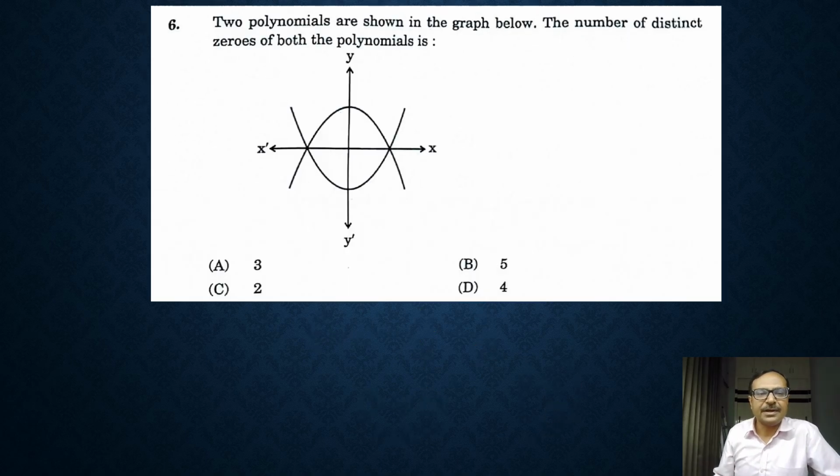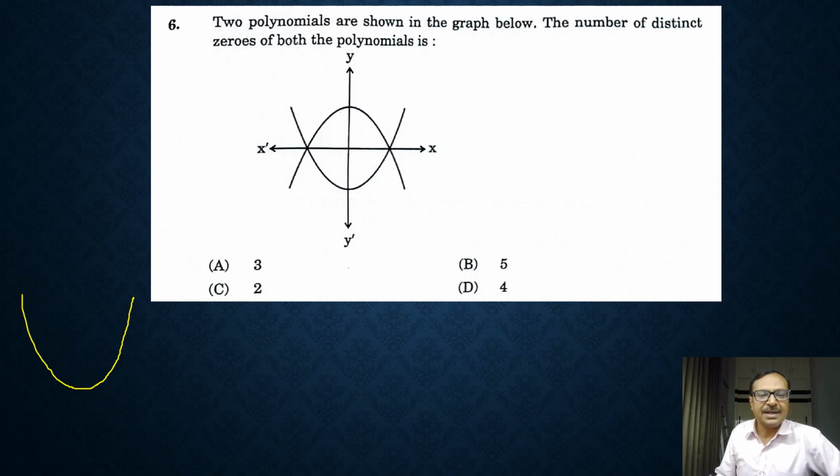Question number 6, a tactical question there. Now in this question, two polynomials are shown in the graph below. So as you all know, every polynomial has a graph, right? And the number of zeros of any polynomial are the number of times the graph intersects the x-axis. So if you carefully watch the graph